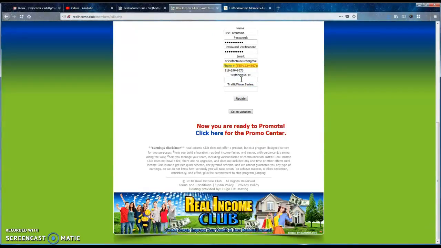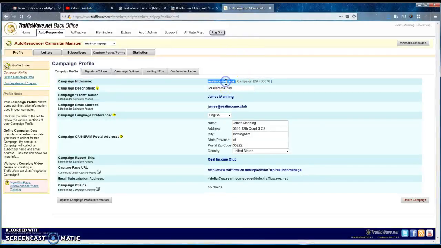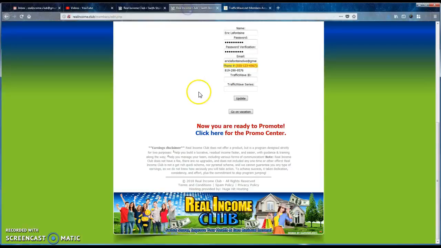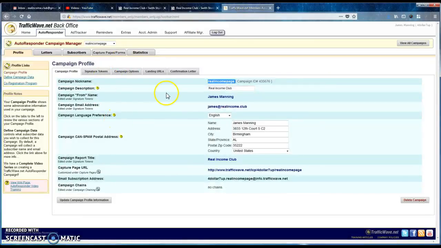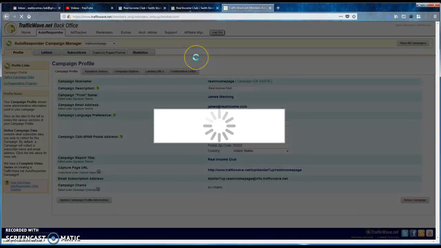Your TrafficWave ID is your TrafficWave username. TrafficWave series is Real Income Club, which is the nickname of your autoresponder campaign. So if you click here on Review Edit Letters,